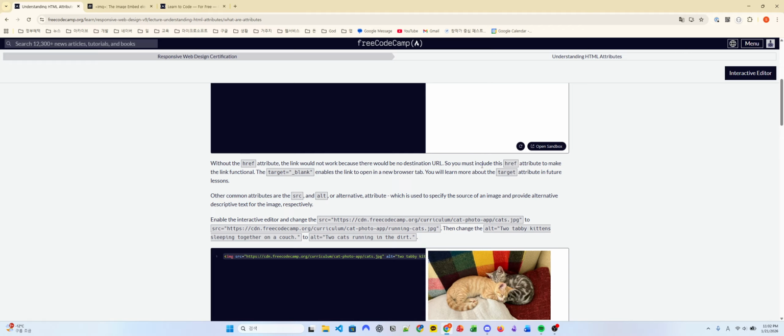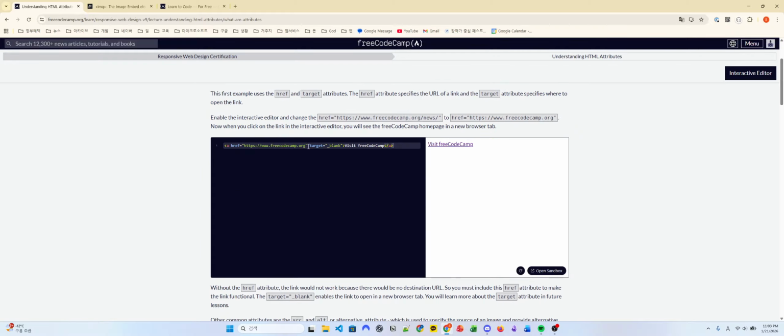So you must include this href attribute to make the link functional, and the target blank enables the link to open in a new browser tab. And you will learn more about the target attribute in a future lesson. So if you have this target equals underscore blank, basically it forces the user to open this new link on a new tab,